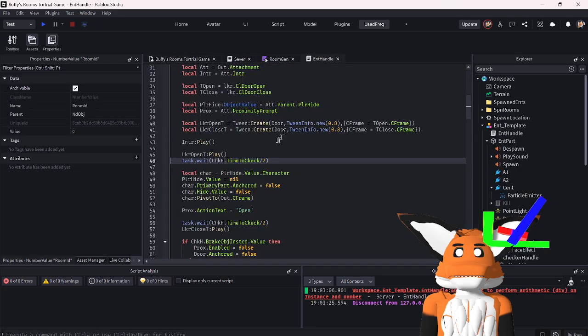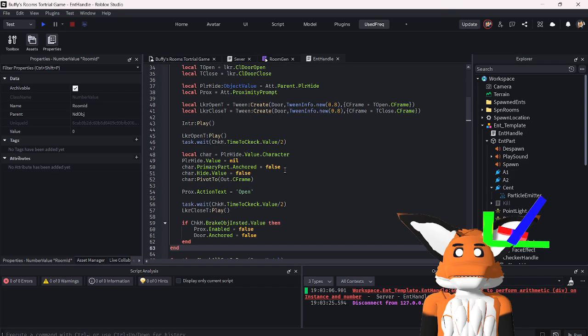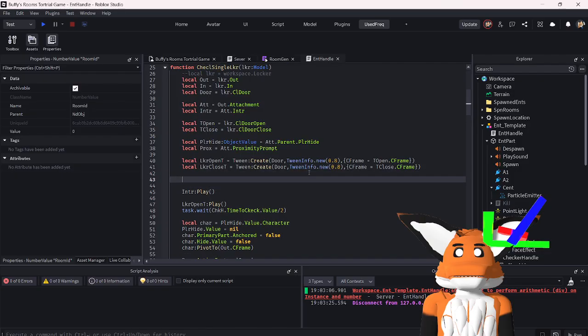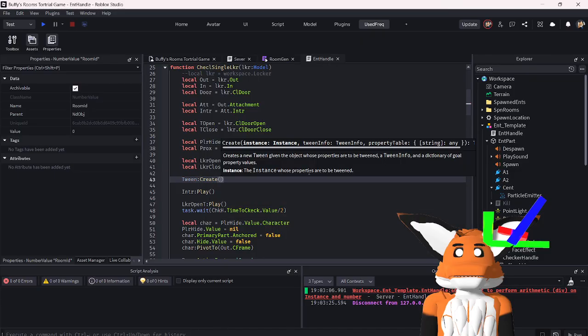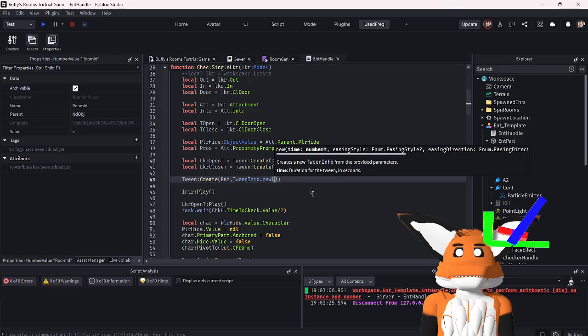Those are supposed to be dot value and dot value, and you are actually supposed to tween to the locker. So we'll just do tween dot create, tween dot create, tween info dot new, let's just say